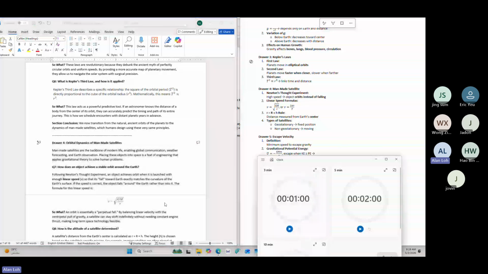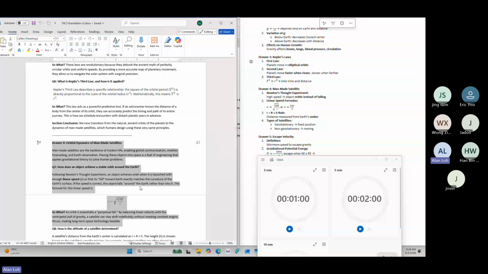All right, time's up. Right, how do I imagine this? This, for example, this part, question number 7. What does it mean by the object keeps falling around the earth rather than into it? So imagine now you have a ball or a stone, you try to throw it, it will fall into the earth, right? Eventually, the projectile will just go away from you, but then eventually you'll fall on the ground, right?